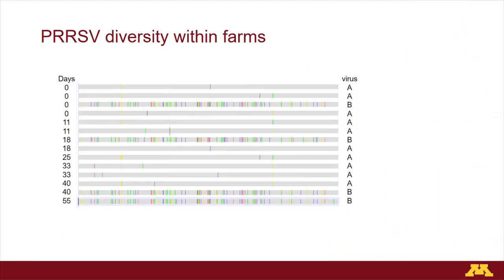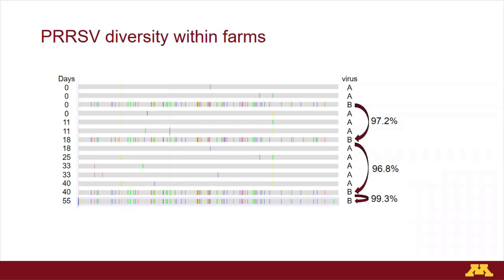So then again, we looked at farms that had more than one sampling per collection time, and again with less than 30 days apart between each collection time. And what we saw is a situation more like we would expect regarding the case that I described above. So just visually here, I separated the virus into virus A and virus B. And we can see that for example, on day 0, it's clearly that the farm has at least 2 different viruses circulating. However, on day 11, only one virus showed up. On day 18, both viruses showed up, and so on and so forth.